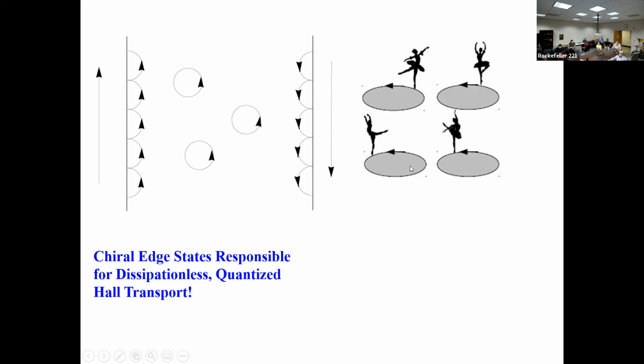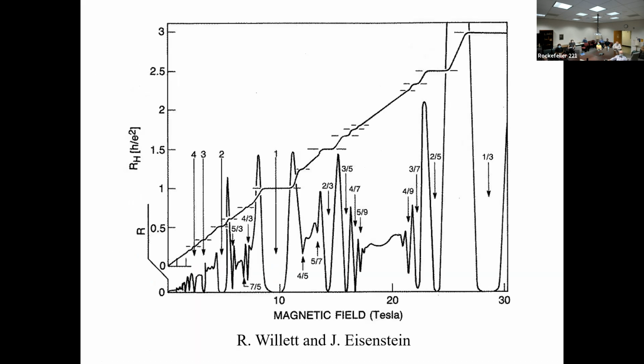Okay, so that's one body piece of physics. The other, of course, is the Pauli principle, because electrons are fermions, and as a result, these dancers have to stay in their own territory, and you should not step into your neighbor's territory. So basically, following these two rules, you can understand, or at least pictorially describe, the basic physics behind the integer quantum Hall effect. But the fractional quantum Hall effect, as represented by this, let's say, 1/3 plateau, is much more